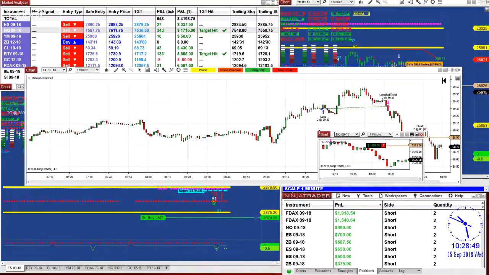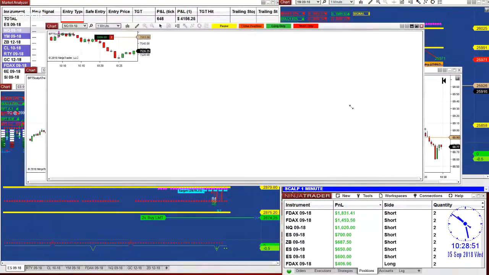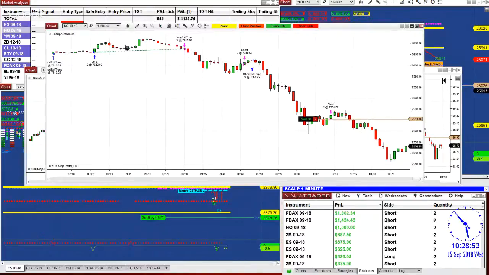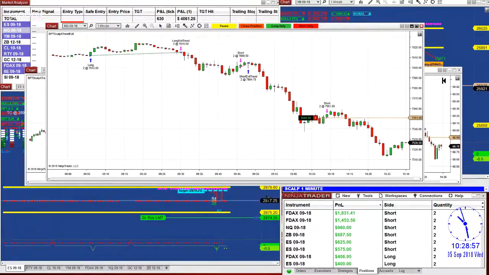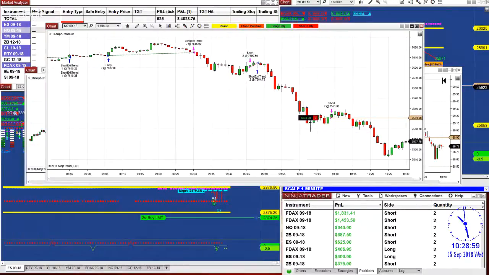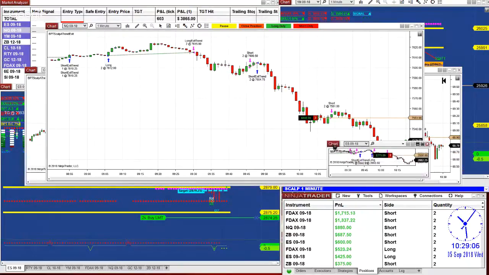On the 1 minute Nasdaq, you see we had a little chop. We are on the swing trading 970, and on the ES,